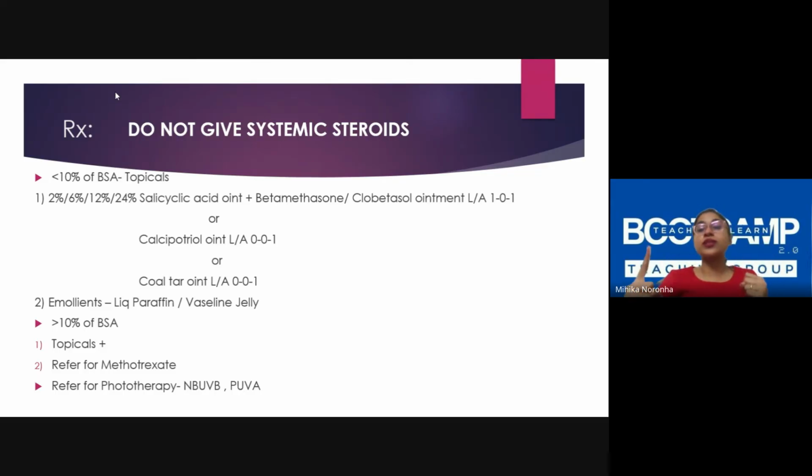Stephen is asking about tofacitinib. Tofacitinib, please open that thing and see. It can cause reactivation of tuberculosis. So I'm not very keen on prescribing it in a rural area where you cannot do an IGRA test to rule out latent TB. If you can refer your patient, we can get the IGRA done, send the patient back to you, and then you can keep on monitoring. Or if you have a discussion with us and we decide that this is a good drug to start for the patient, you can do it in discussion, but do not self-start tofacitinib.